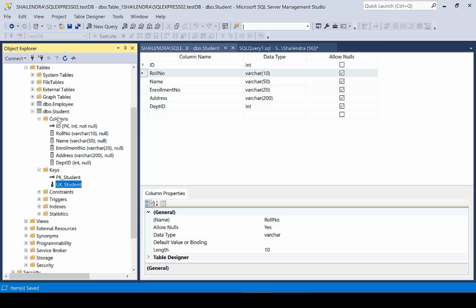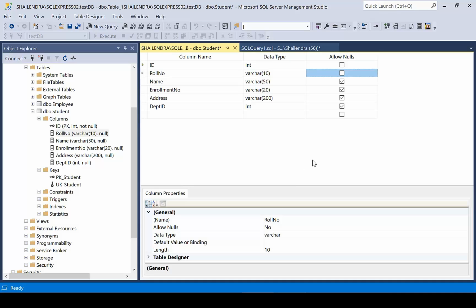If you look at the columns here, ID is a primary key and roll number is the unique key. I allowed null in the roll number because I want to allow null only one time. It will not allow null again and again, only one time. But if you make it not null, it will behave just like a primary key, and it will not allow a null value at all. So if you uncheck this one, it will not allow the null value, but if you check this one, it will allow only one null value.